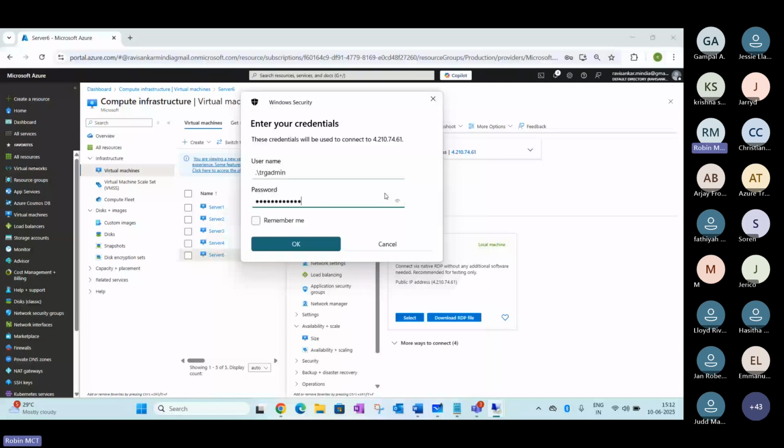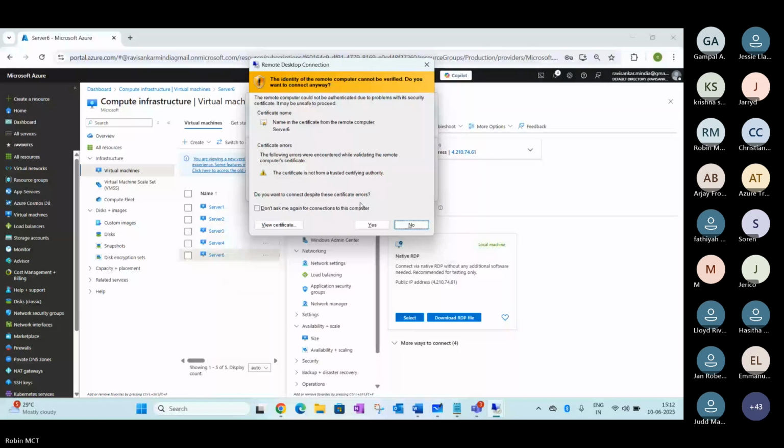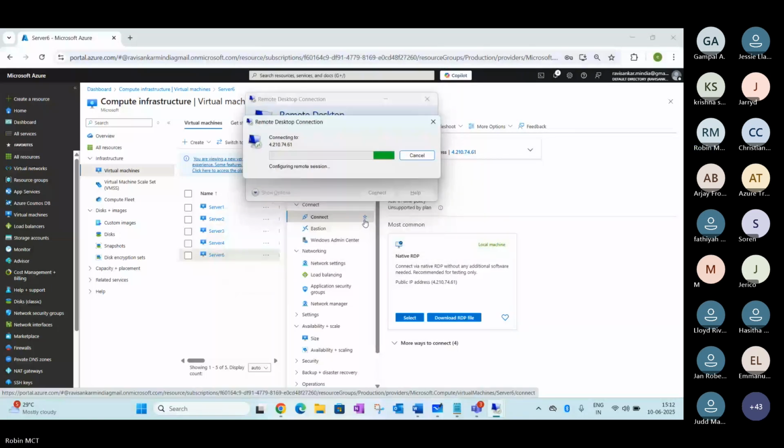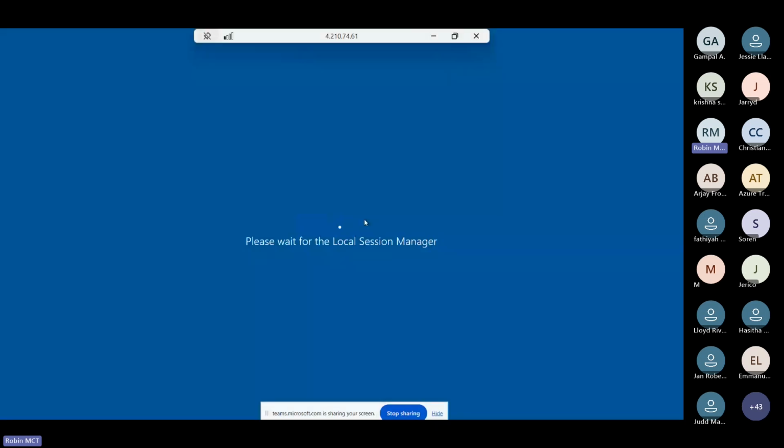Trying to connect it here. So this is where you are able to enable that.